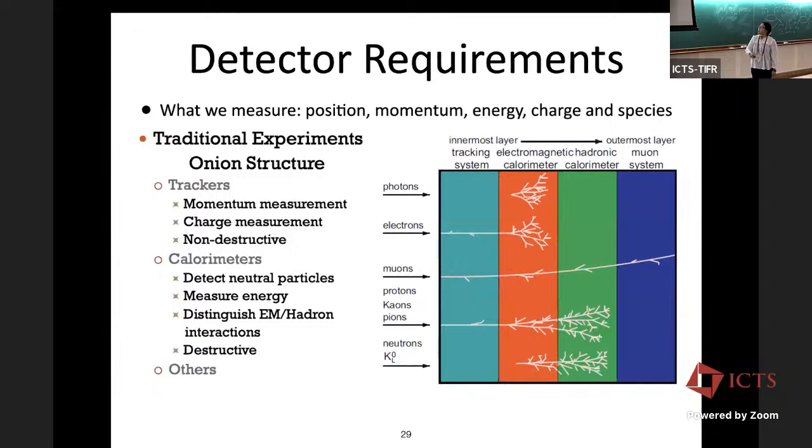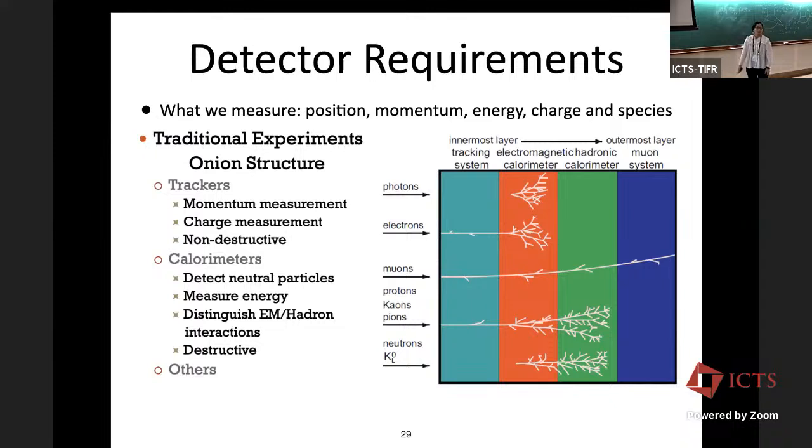All right. So all this together, the detector in modern experiments has multiple systems and therefore has this onion structure. You have a tracking system, calorimeter, and PID. Normally the calorimeters are destructive because they are supposed to deposit all the energy, so we can measure the energy of the particle. But the tracking system should come first, close to the interaction point, and then the calorimeter goes more to the outer side of the detector.